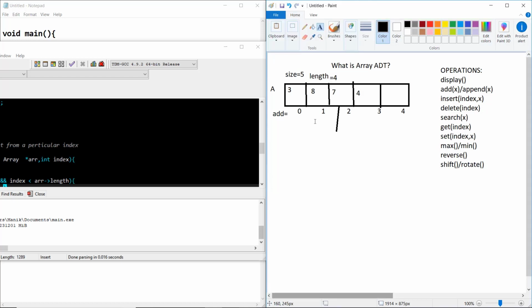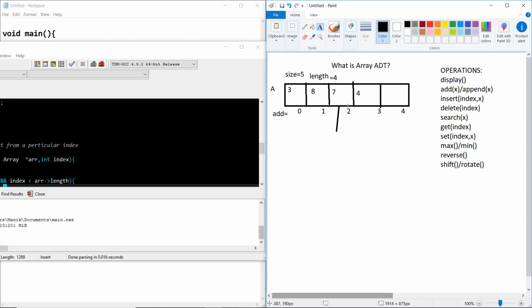So if I want to run this loop, then till how much? I should run it until length minus 1. Why? Because at this point the element is shifted to this side. So if I run it until the length, I cannot replace that part as well.